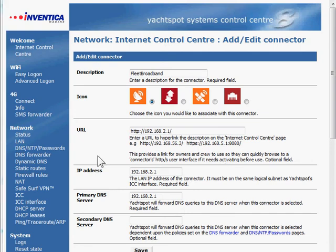So with the Internet Control Center, if you're using VLANs or separate switches for the LAN interface and the ICC interface on the Yachtspot, you're obviously now isolating the connectors onto a different physical subnet. That obviously has some security advantages and also some advantages in terms of accessing the devices on the ICC network. So using the Yachtspot, you can restrict access to, for example, Fleet Broadband, or restrict access to using certain protocols